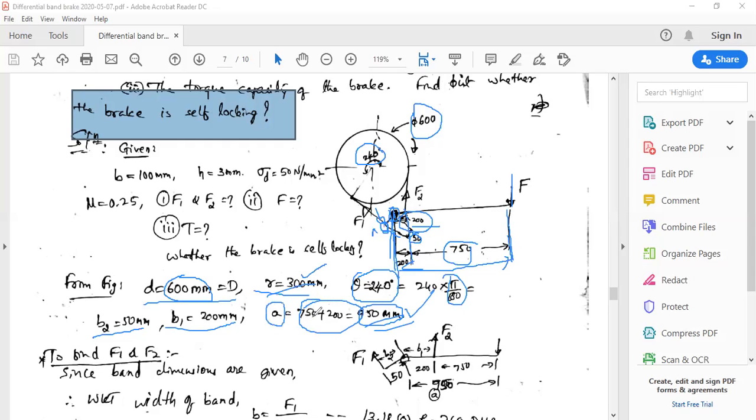A is the distance between the line of action of force F, that is the actuating force, and the fulcrum pin. So this is what is given here. But since the value of torque is also to be calculated here, something other than that is given, say the band width and the thickness. Say band width is 300 mm and thickness is 3 mm, and the sigma d value is also given here. So with the help of these three values we have to proceed now, right?